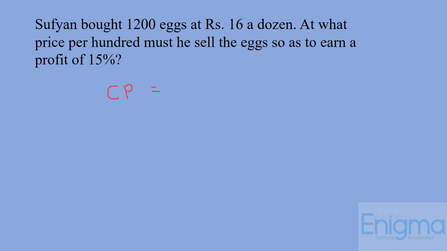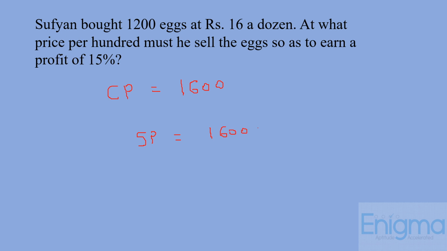Very simple. 1200 eggs है. इसका मतलब we have 100 dozen eggs. And he has bought it at 16 per dozen. So 16 multiplied by 100. Cost price is 1600 rupees. Okay. Now he wants to earn a profit of 15%. Okay. So now selling price, we can say selling price is equal to